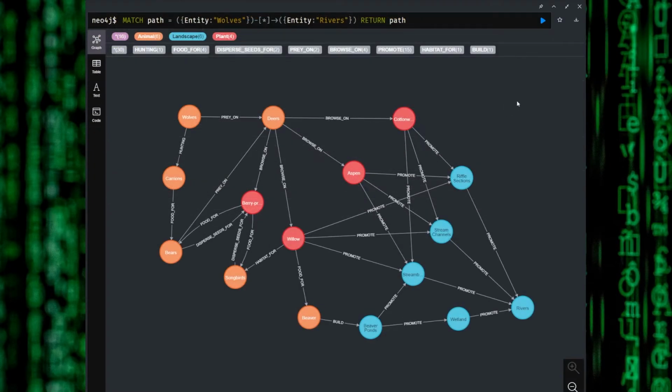The second query we have gives us a graph visualization going from wolves to rivers and all the relationships in between. The orange nodes are animals, the red nodes are plants, and the blue nodes are landscape features. You can see how moving from node to node, all the different interactions that will end up affecting those landscape features like the rivers. So we can follow the graph model in order to see that example that we saw